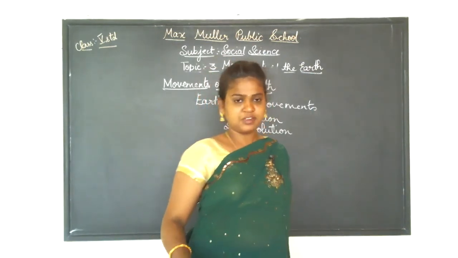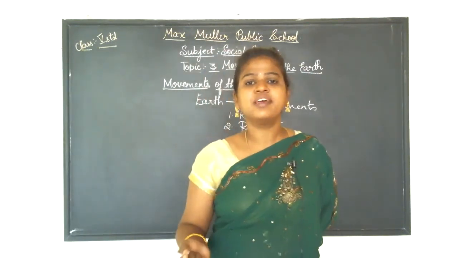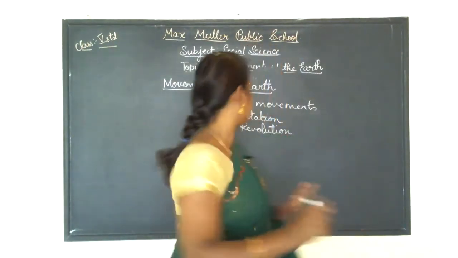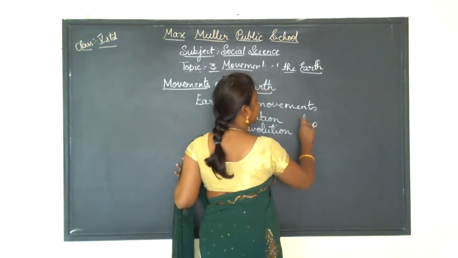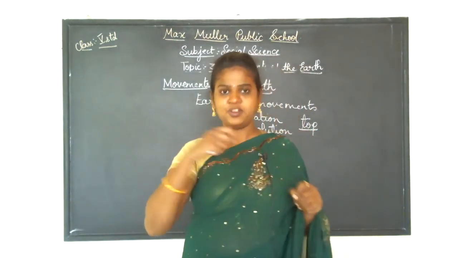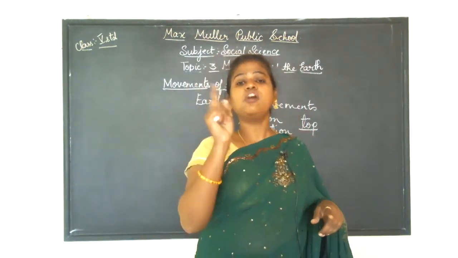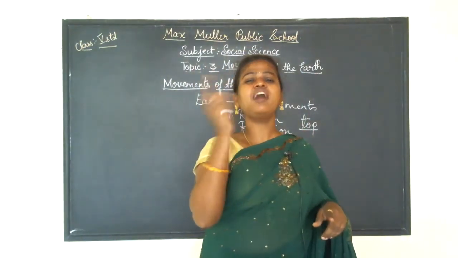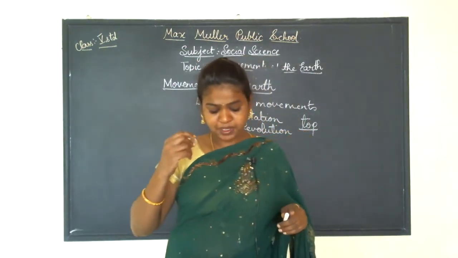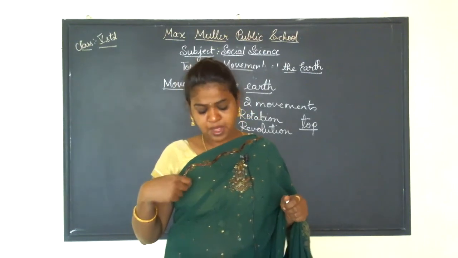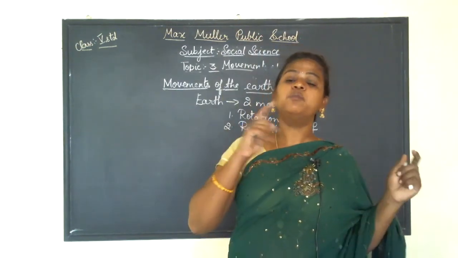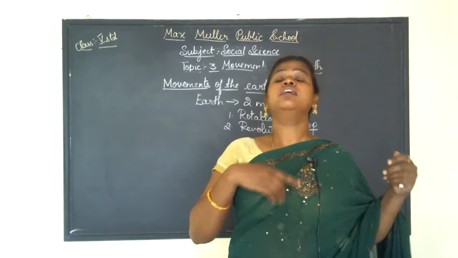So you all know the top, the bugri. You all play, especially the boys play with the top. Here the top, the bugri, you put the string on it and just leave it on the floor. What happens? The top or the bugri starts rotating fast. It moves rounding fast. So here they have given you an example. It moves on its axis like a top and also moves around the sun on its own orbit. Just as the bugri spins, in the same way the earth